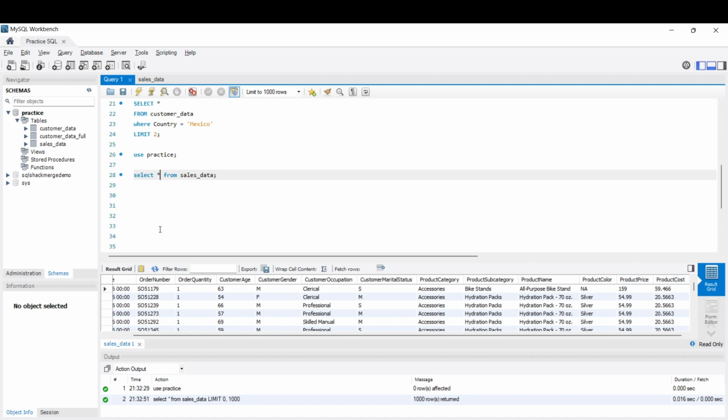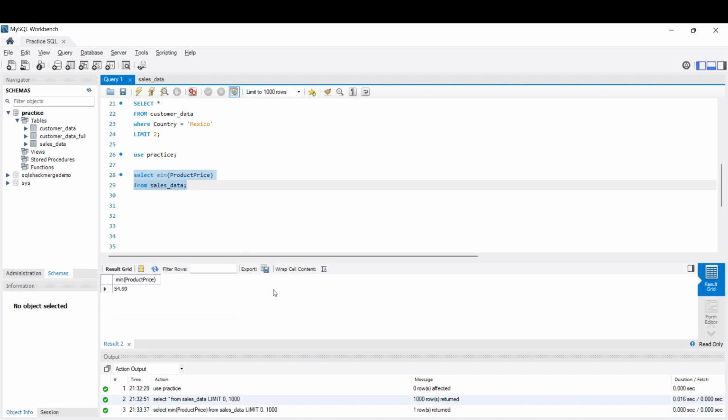Okay, so here what I'm going to do is, first I will put this below, and then instead of using all, I will use the min function here. As you can see, we already have a min function, so I will just put it, and then I will open a bracket. Okay, and I want to get the minimum of product price from the data, so I will just do product price, close it, from sales data, and then let's try to run this one. If I run it, you see the minimum product price that we have is 54.99,